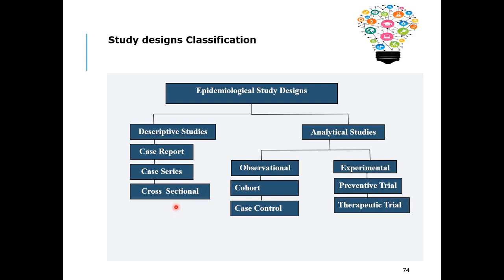It means the researcher goes to an area, or the researcher fixes a point of time, that this is the time when we are conducting this study, and we will be observing the population, and we will be trying to find out what is happening in this society. For example, another example will be that a researcher wants to conduct a survey on school health of children, and he wants to see how many of them have refractive errors, how many of them have measles, how many of them have postural defects, how many of them have lice in their hair.